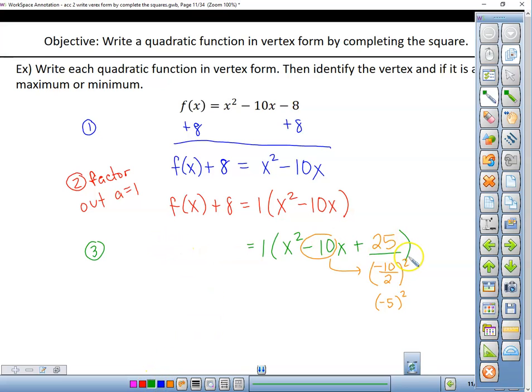Then we have to remember that we have to balance our equation. Since we added something over here on the right, we need to add to the left. We have to figure out what we are going to add after our 8 to balance. So again, we take our 25 times our a value, which in this case is 1. So this time we are going to add 25, because we're doing 25 times 1, our a value. So now I'm going to add my numbers together, the 8 and the 25. So I get f of x plus 33